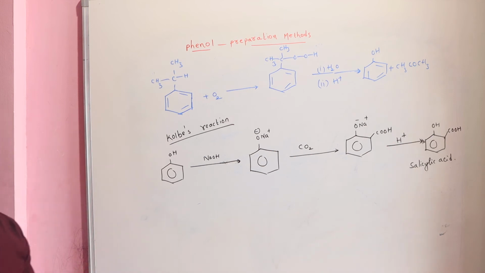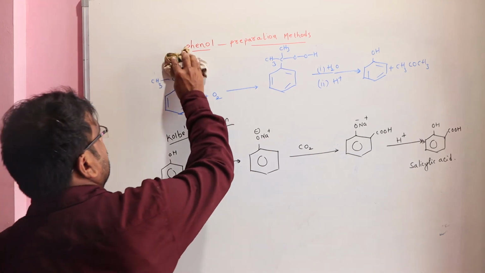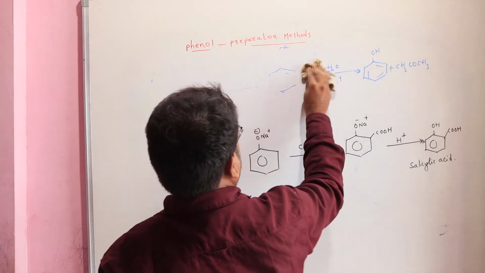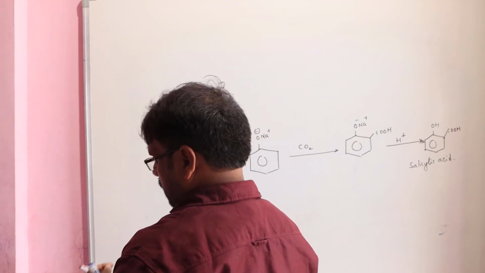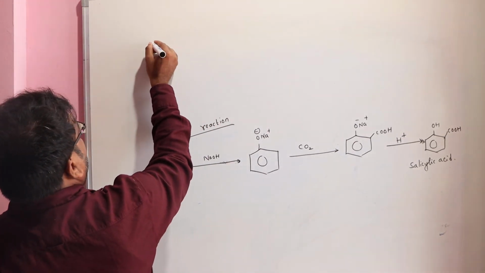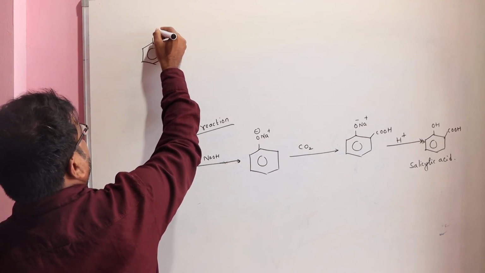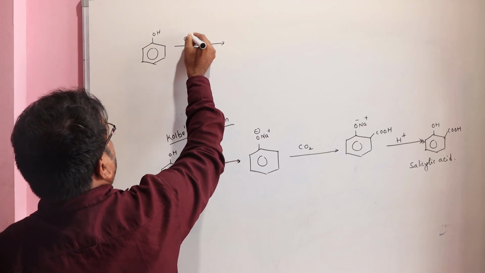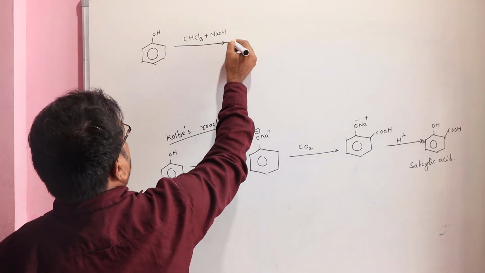And one more reaction is there. What is that? The Riemer-Tiemann reaction. The Riemer-Tiemann reaction is also important. Here in the Riemer-Tiemann reaction, what is happening? This phenol is going to react with chloroform. When phenol reacts with chloroform, CHCl3 plus NaOH, this mixture,